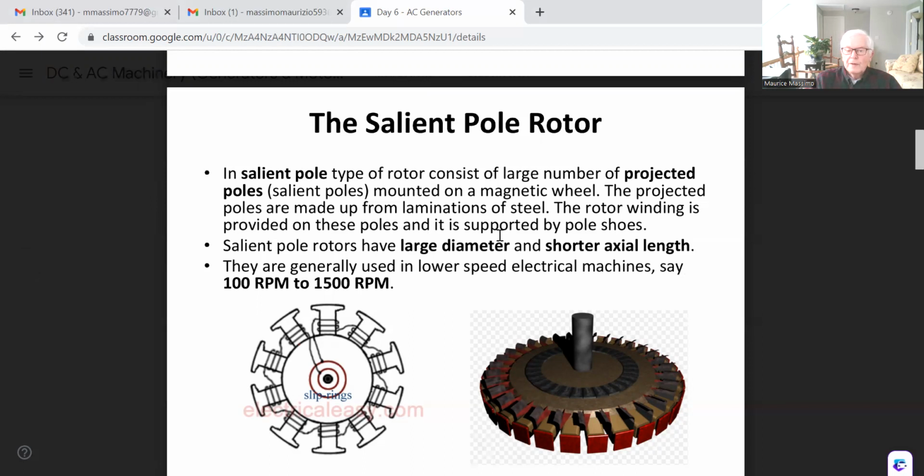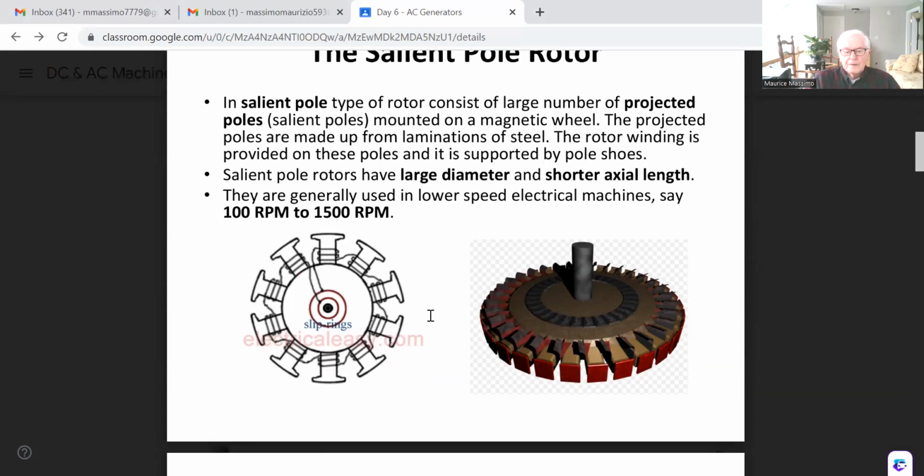It is supported by pole shoes, okay? Those pole shoes. Right. So salient pole rotors have large diameters, but short axial length. So the axial is actually kind of short, and it's generally used for the lower frequencies, 100 RPMs to 1500 RPMs,